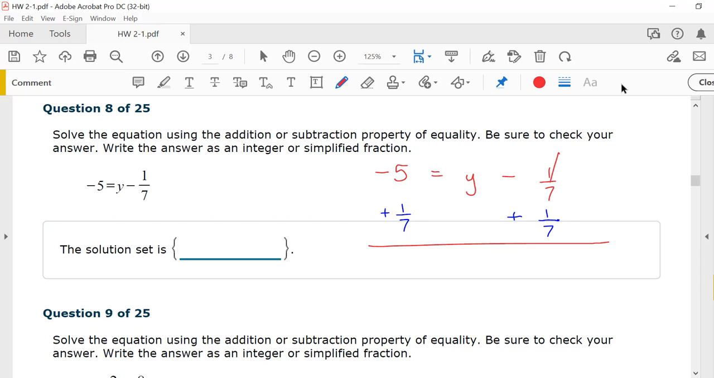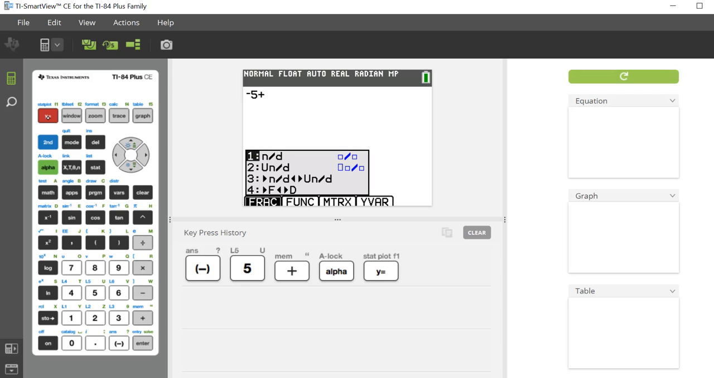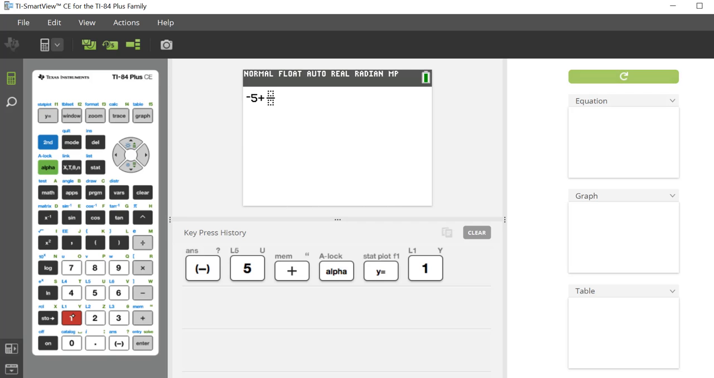Negative 1/7 plus 1/7, that's 0. It goes away. All that remains on the right of the equal sign would be a y. In the calculator, I want to find negative 5 plus 1/7. Do you remember how to get the fraction to come up? If you hit your alpha, y equals, and number 1. So I have negative 5 plus 1/7